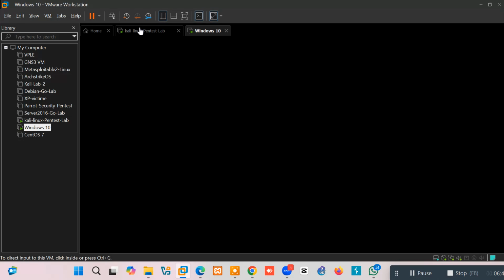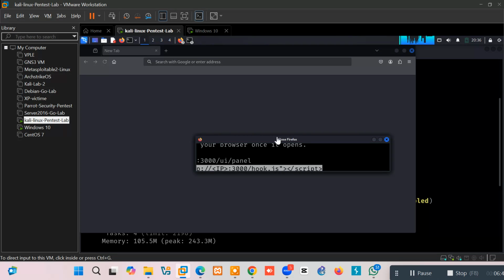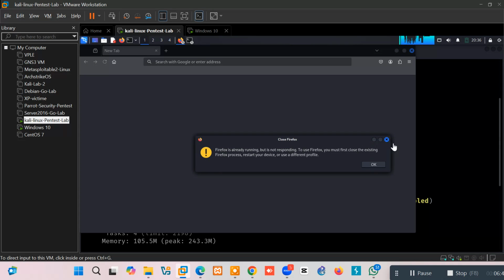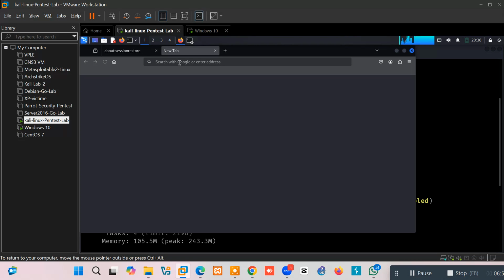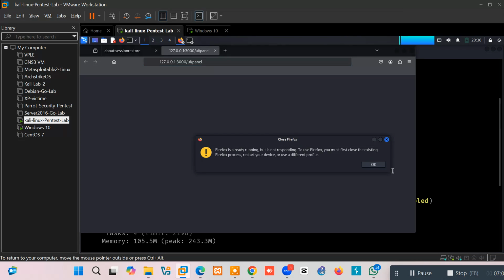So the Windows is also loading, and here the web browser is here. So it's opening in multiple places, so we just have to close some. Alright, so here we paste the IP address and wait for it to open. Look at it, it's already there by itself. So if we click on OK,